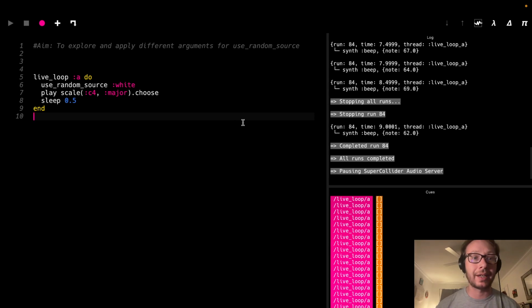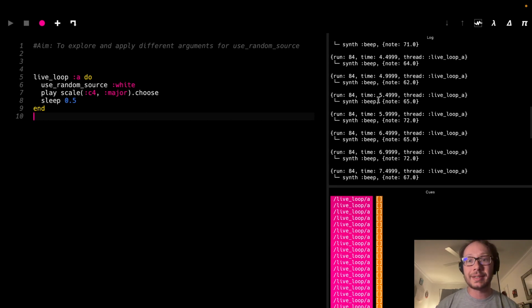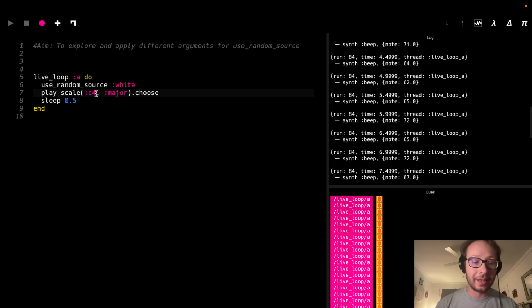So you can check that out if you want to find a way to smooth out what you're doing. But I would not say Perlin noise or pink noise or any of those random sources are really going to generate some interesting melodic qualities, okay? However, if you're looking to keep more consistent notes, then that might be what you're going for. So for example, I'm going to take this down